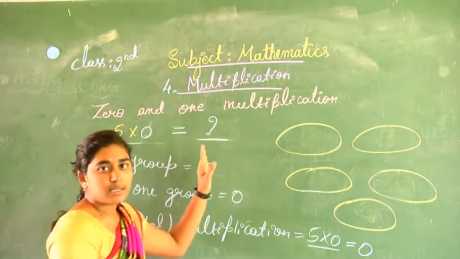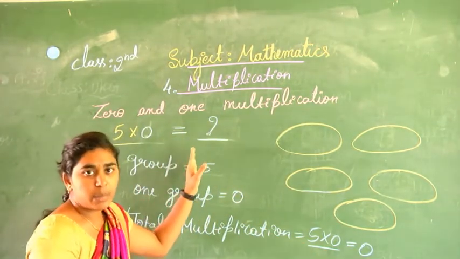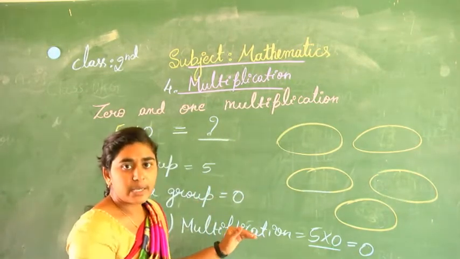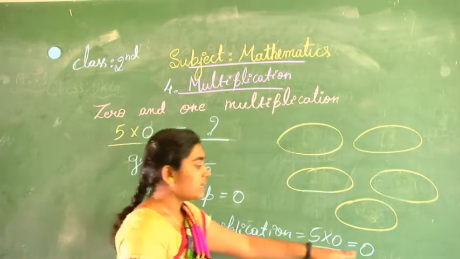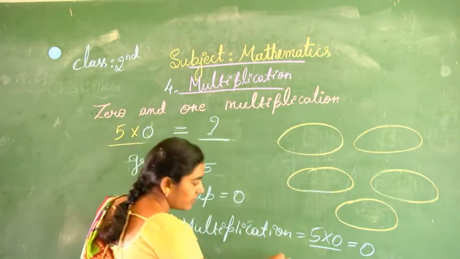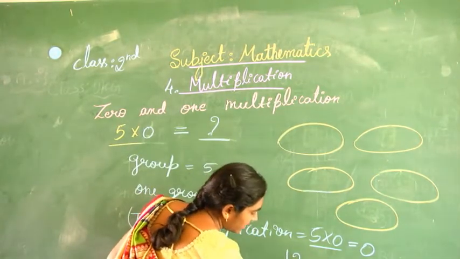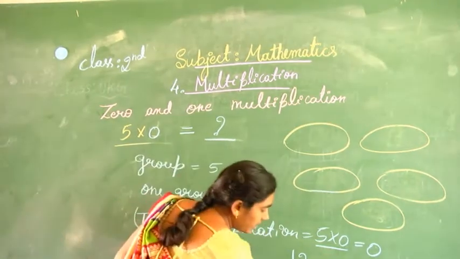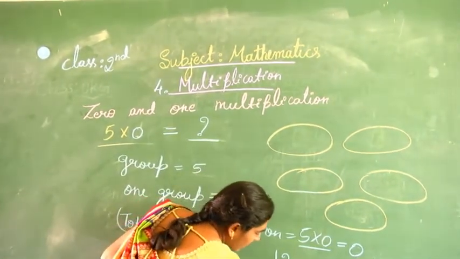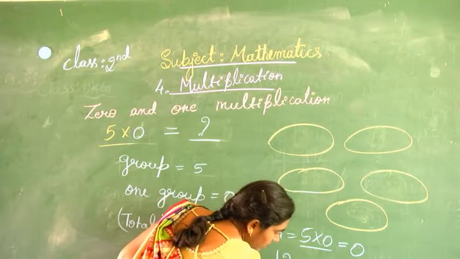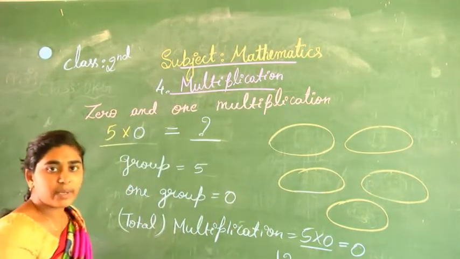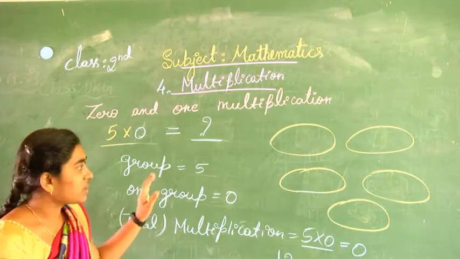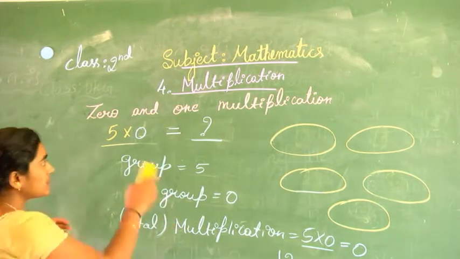By this, when 0 is multiplied to any number, 0 itself will be the answer. For example, any number you can take, that is 12 multiplied by 0, you will get 0, or else 9 multiplied by 0, we will get 0 itself. Whatever may be the number, you will get 0 itself as the answer. These questions you will get in the exercises.